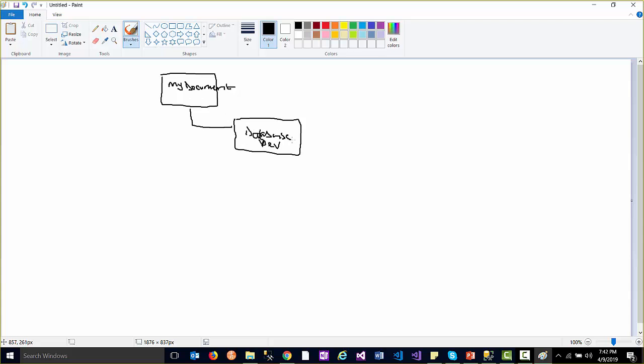Inside my document, you have this database development folder. And then inside database development, you should have another folder called scripts. Okay, and it's inside scripts that I expect you to